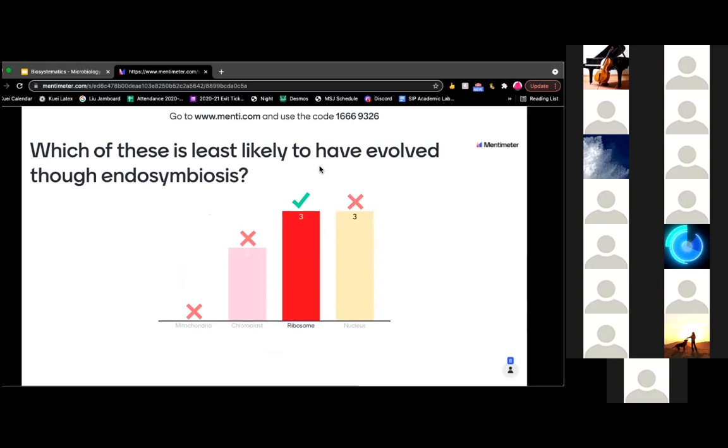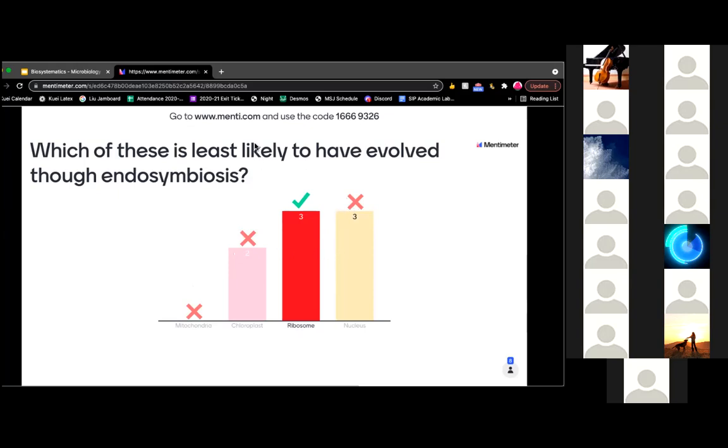All right, this question was pretty difficult too, I think. So some people still got it right, which is nice. So right off the bat, you can eliminate mitochondria and chloroplasts. I believe I mentioned both of those when talking about endosymbiosis. Both of them were organisms that were engulfed. The mitochondria was a bacterium, and the chloroplast was a cyanobacterium, and with the nucleus, you can compare it versus the